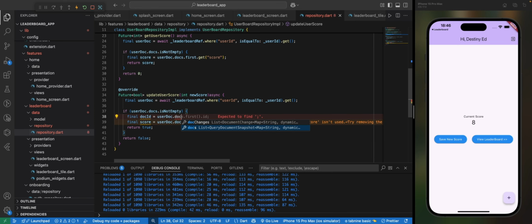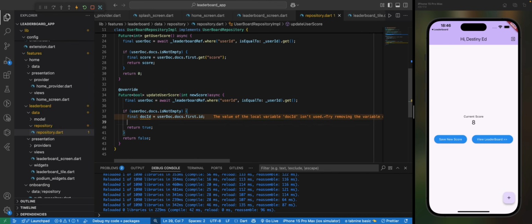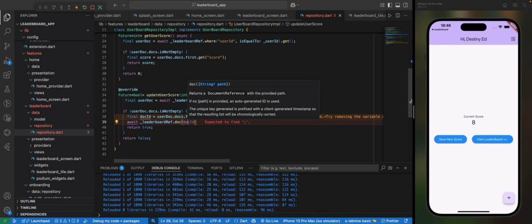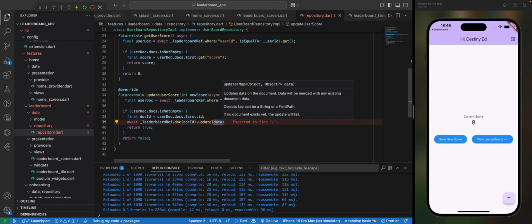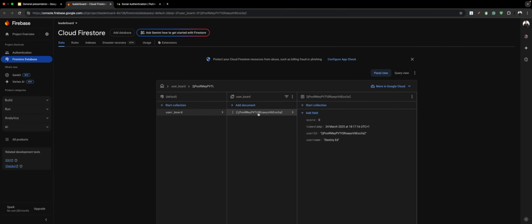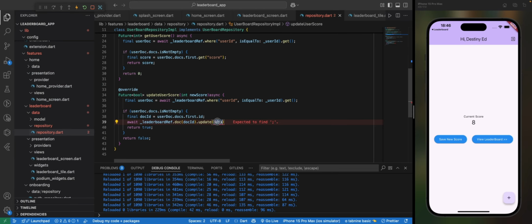User docs, because we're going to update it based on the ID, first.id. So here, what I'm going to do is just say await leaderboard.doc, then we're going to pass the doc ID here. Then we have update. So update now, this doc ID is more like an identifier. The ID is going to tell Firebase the ID of the document in the collection that the user needs to update. The fields, we just pass the add document, they will pass the ID and then get the update the data